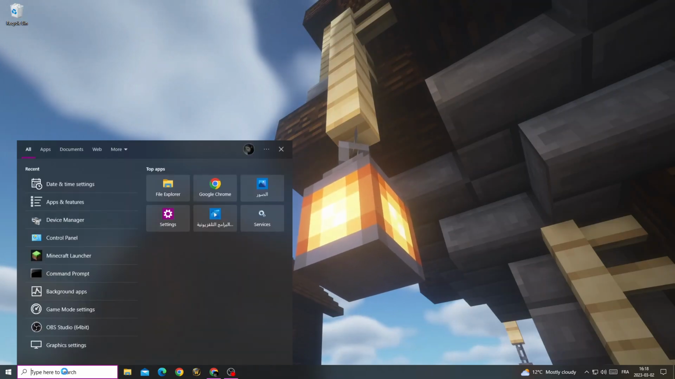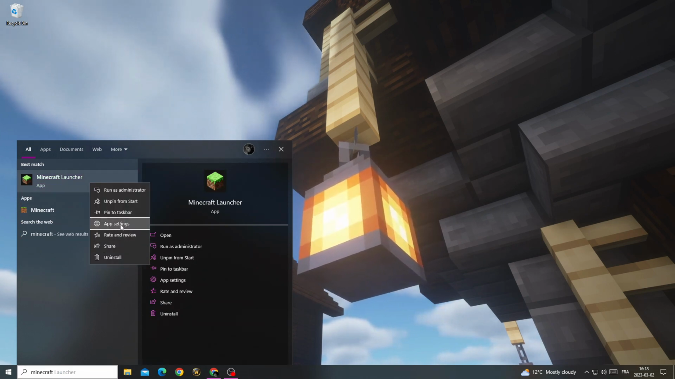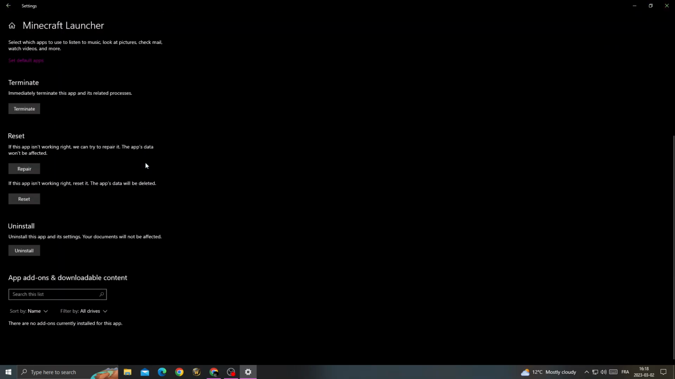And now type here Minecraft launcher, right click on it, go to app settings, scroll down and click repair, and